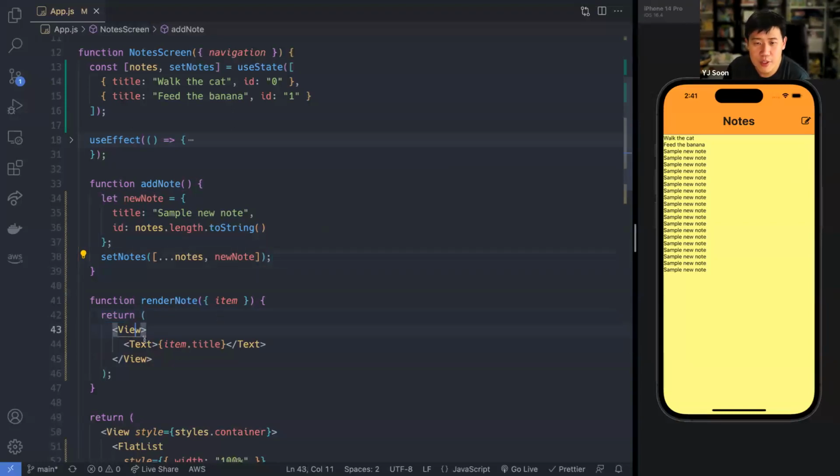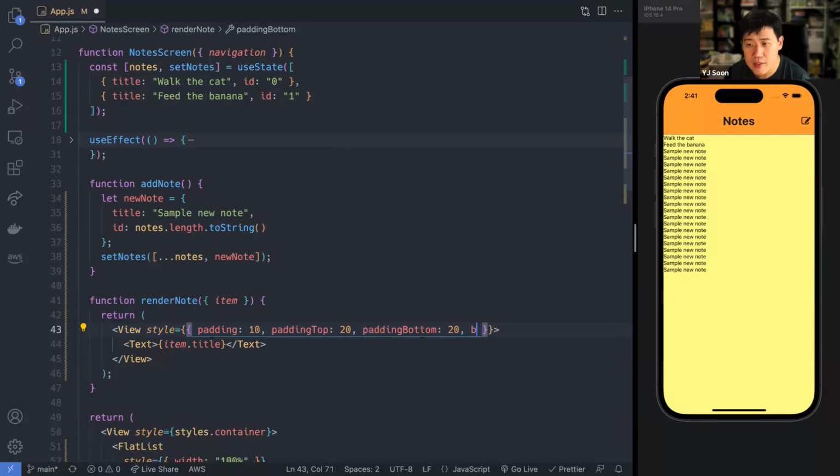So down here, let's style this thing a little bit. View style equals, and this time around, I'm just going to put all the style inside here. Let's say padding 10. I want to give it left-right padding of 10 and top and bottom padding of 20. So that's how I do it. I set the overall padding on all four sides to be 10 first, then I set top and bottom to 20.